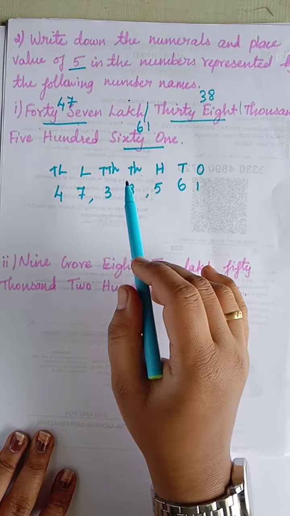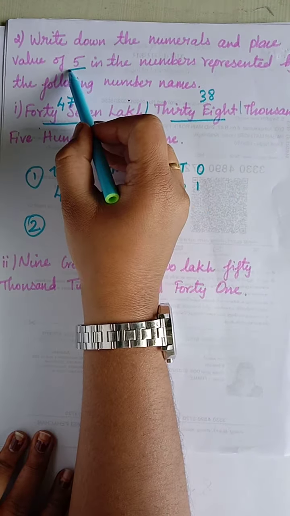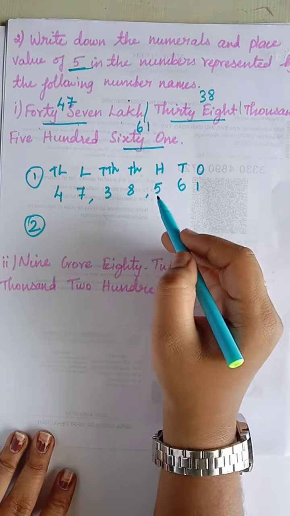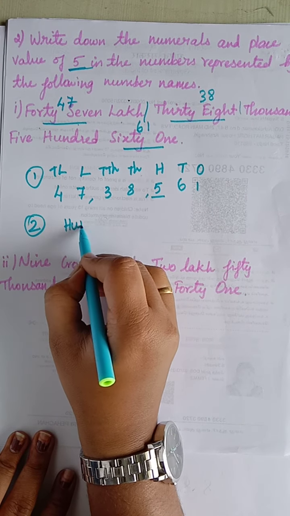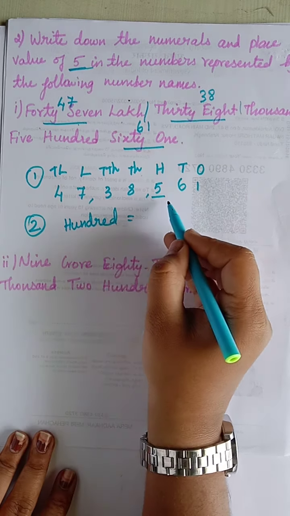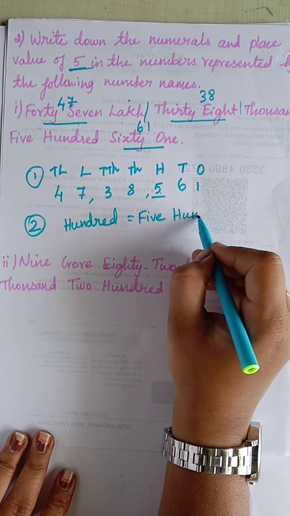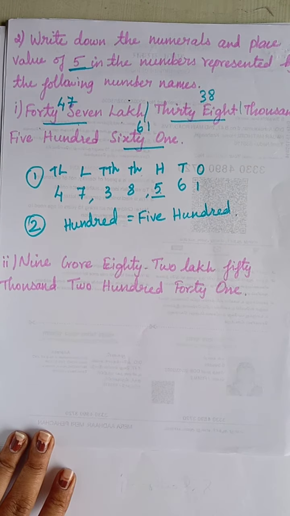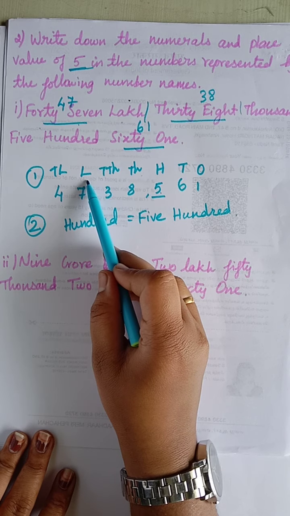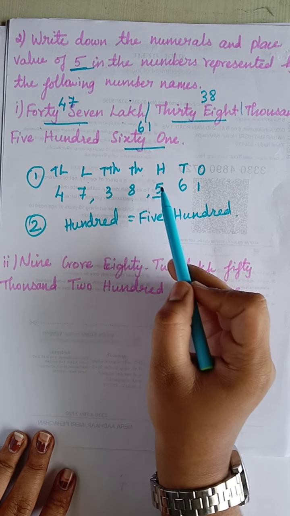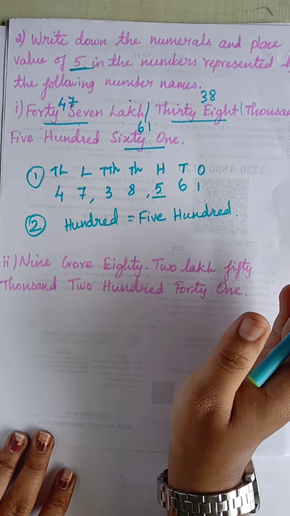Okay, now the next question, the first question is completed. We have to complete the second question, that is we have to write the place value of 5. So where is a 5? Here. So 5 means it is 100. So 100. What 100? 500. Clear ma? Can you understand how we have to give the name? And now read the name here. 47 lakh 561. That's all. Very good.